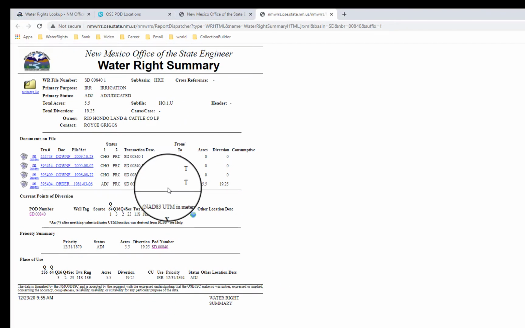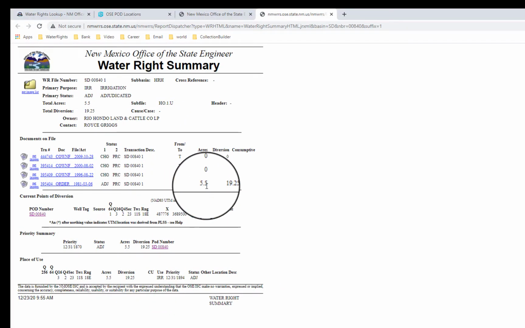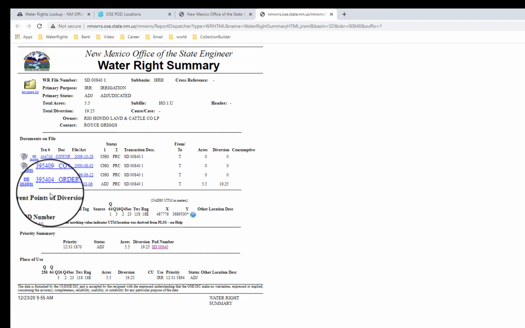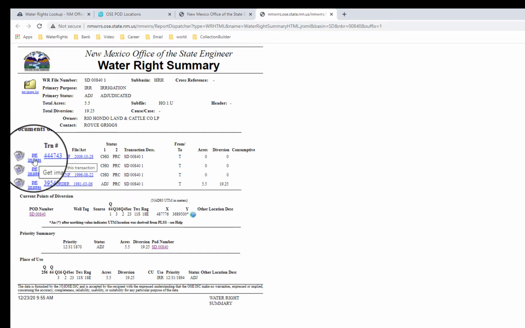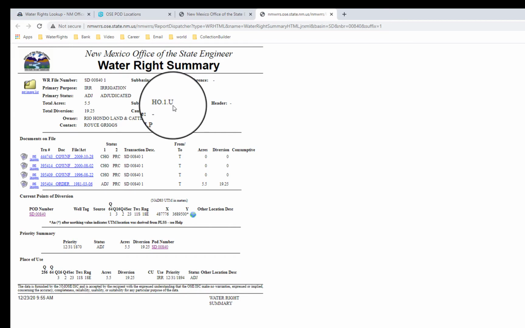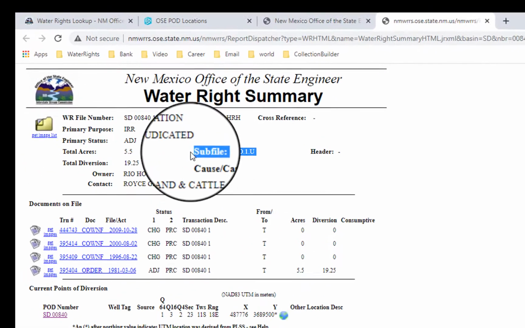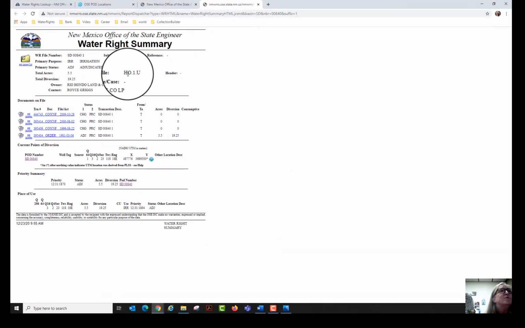So this one here is 5.5 acres, and it is also described on the hydrographic survey map. It's got a subfile number, which is located here at the top. And we would then know to look at the Rio Hondo adjudication, and then we can look up that subfile